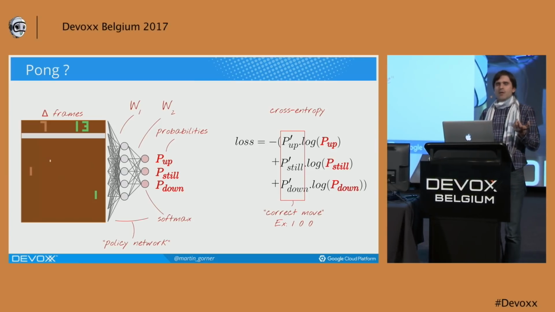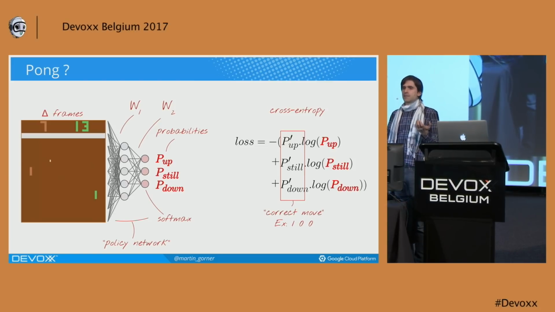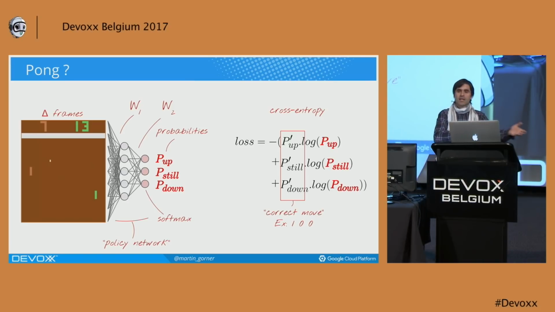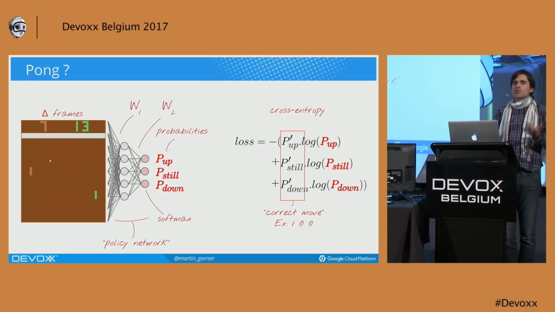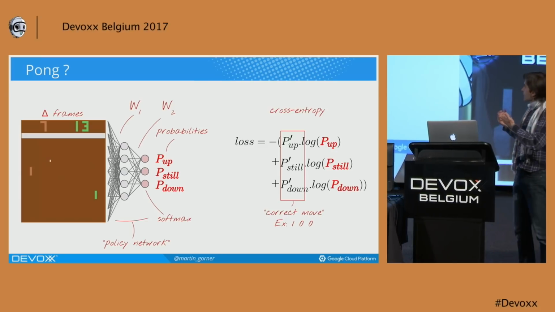That's one approach, but we have around us examples of learning that happen in a completely different way. For instance, in the animal kingdom, a cat catching a mouse, well, the cat learns that somehow, but nobody explains to it what a mouse is and that you're supposed to catch it and that to catch it you're supposed to run and so on. So this reinforcement learning algorithm actually explores a different way of learning things. And Pong here is just an excuse, just an example to see how this can work.